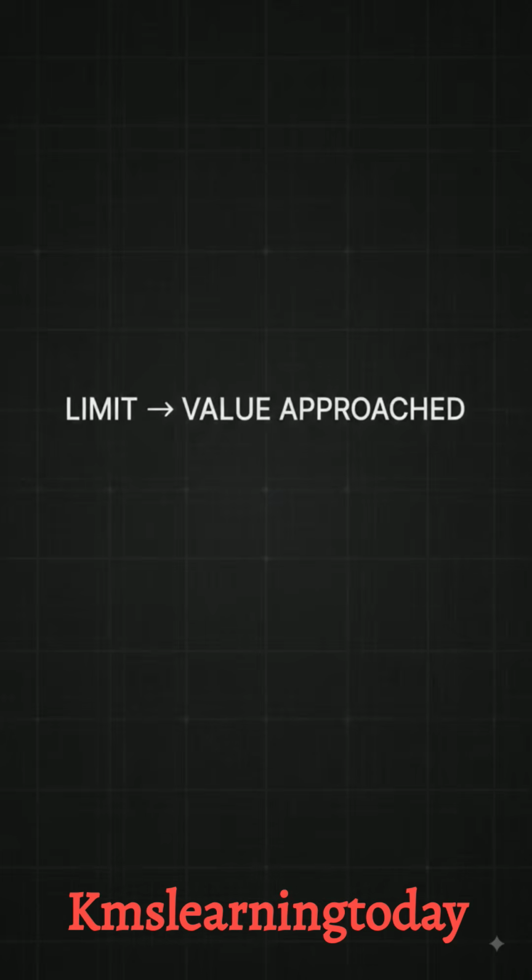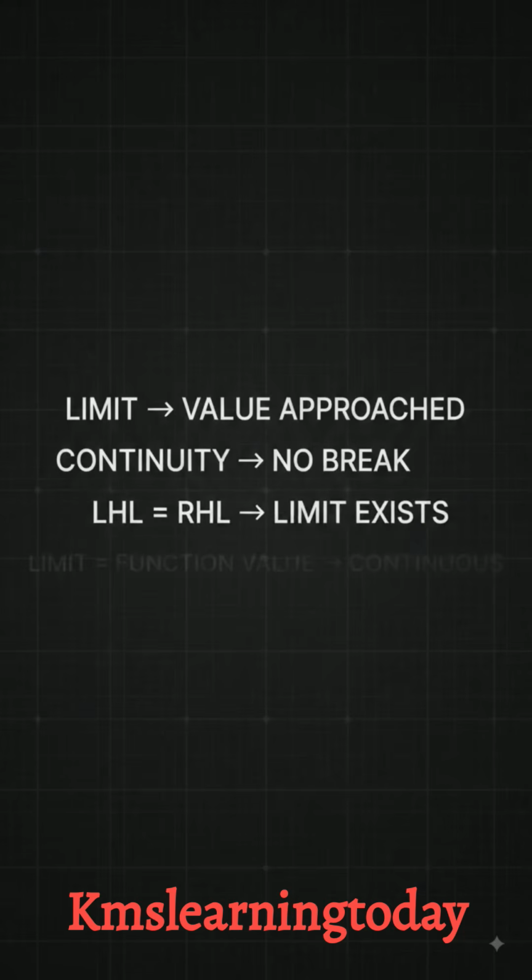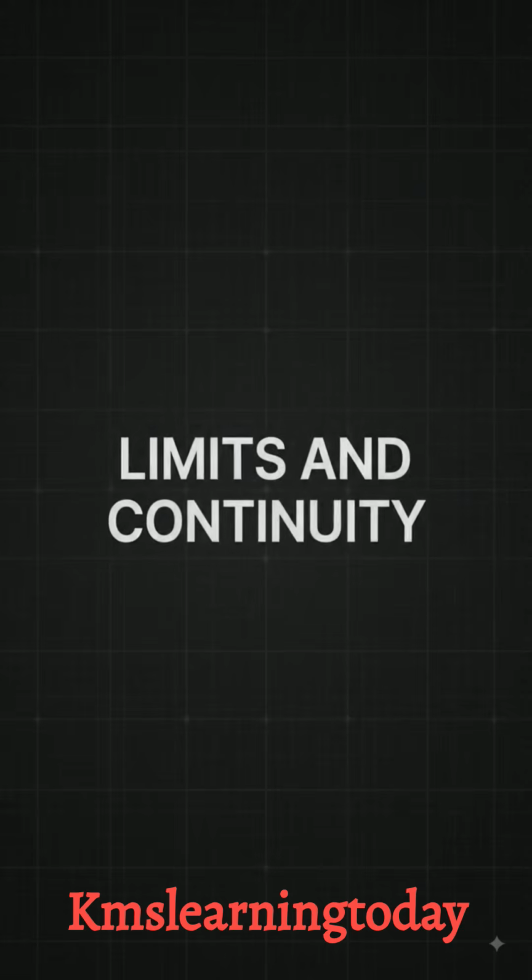To summarize, a limit tells us what value a function approaches. A limit exists when the left and right approaches agree. A function is continuous when its limit equals its function value. These ideas form the foundation